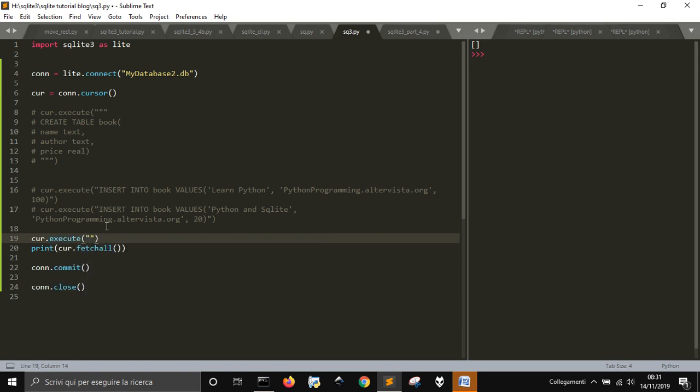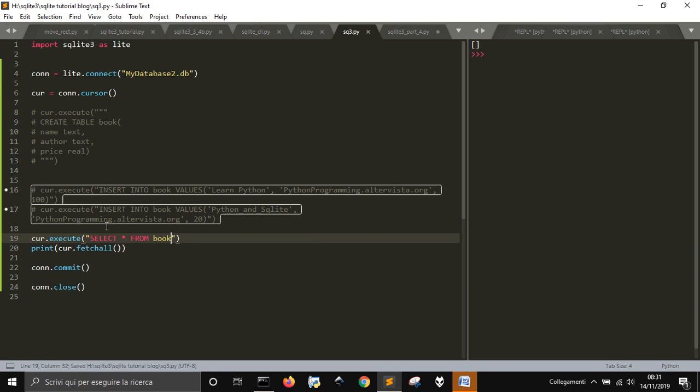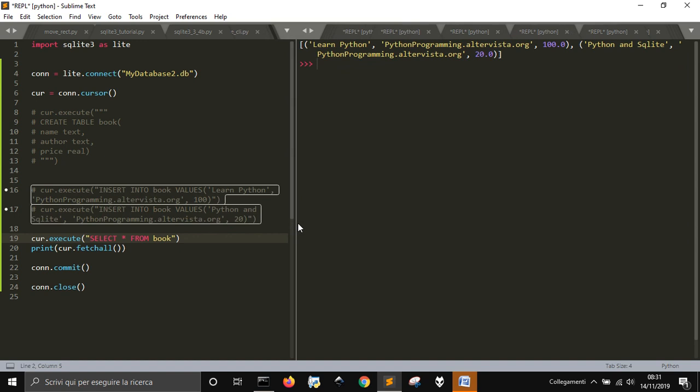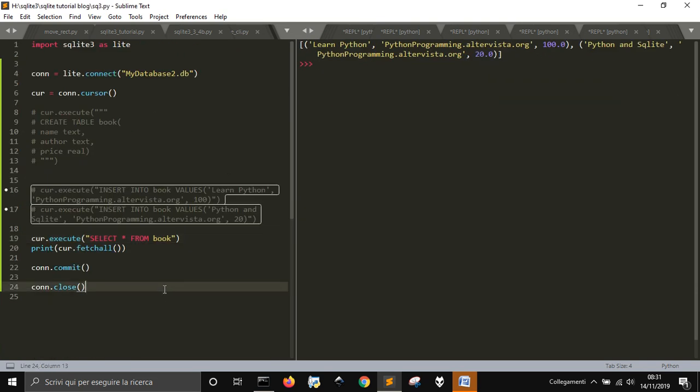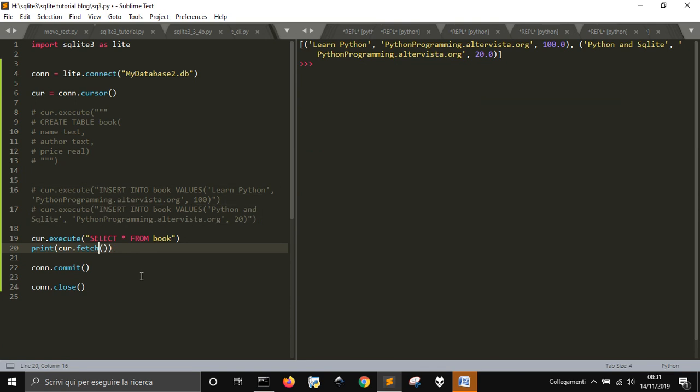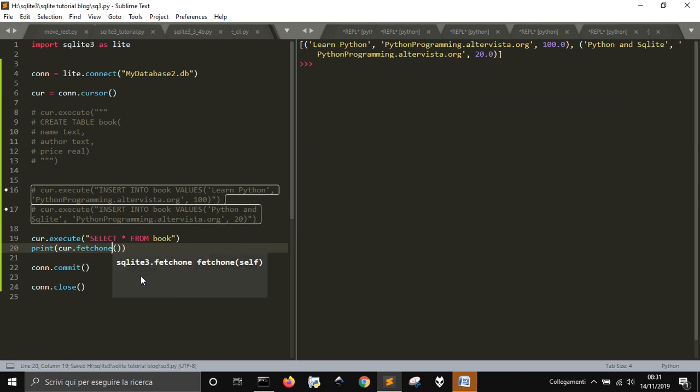Let's execute some other SQL commands. So select everything from book, and let's see now. Okay, here are our data, the first book, the second one,